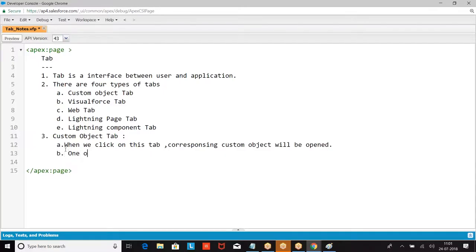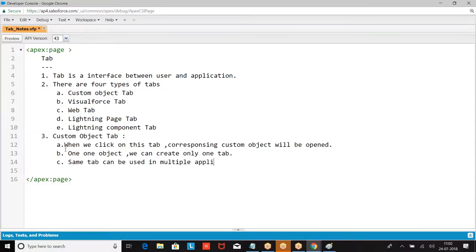On one object, we can create only one tab. The same tab can be used in multiple applications.